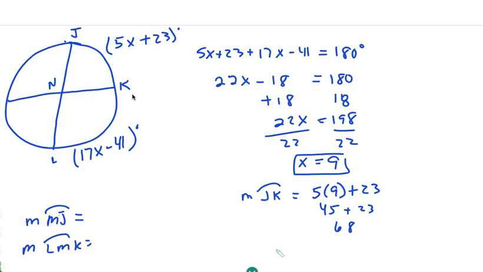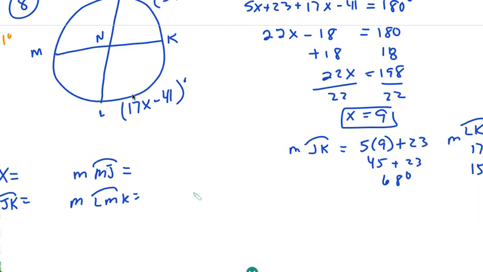If I'm looking for the measure of arc LK, it's going to be 17 times 9 minus 41, which is 153 minus 41, which is going to be 112 degrees. So I can find my x, I can find my arcs. So my x is equal to 9. My arc MJ,